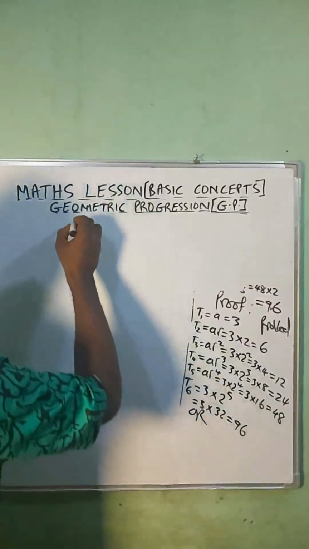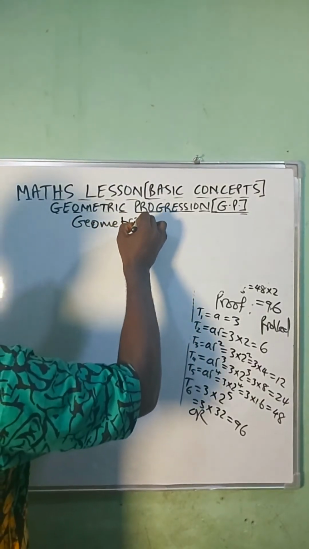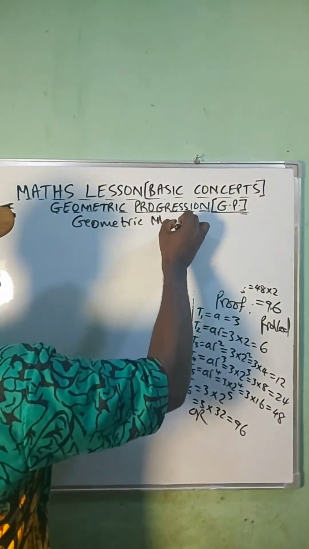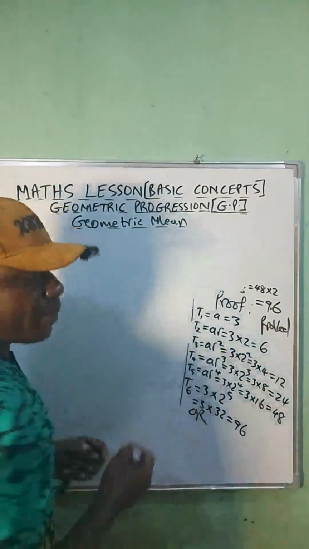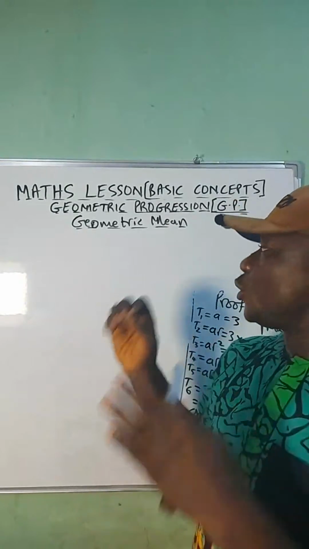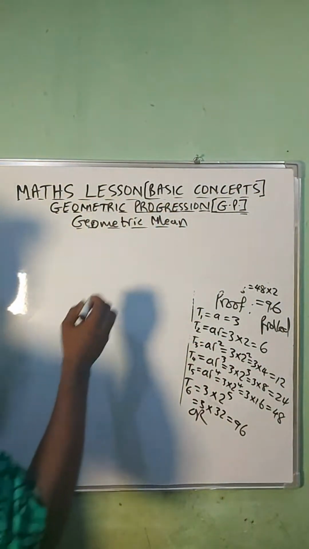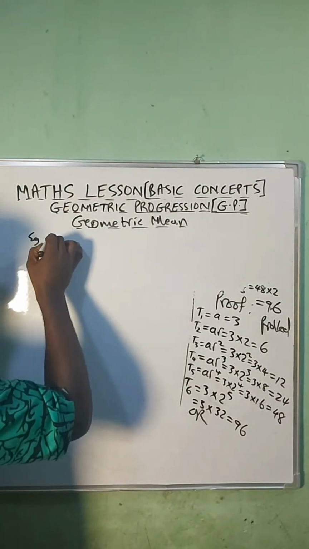So the next subhead we'll have is geometric mean. Remember, we have done arithmetic mean. The arithmetic mean is to AP, while geometric mean is to GP. So you may have something like, e.g.,